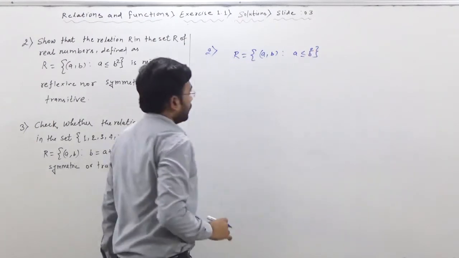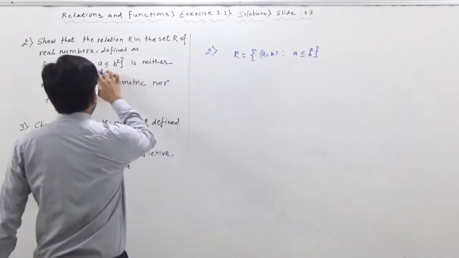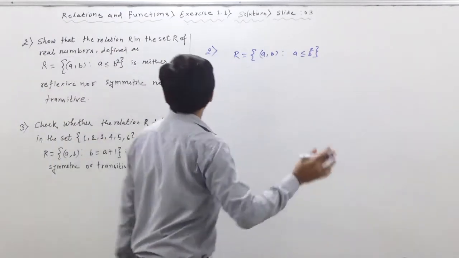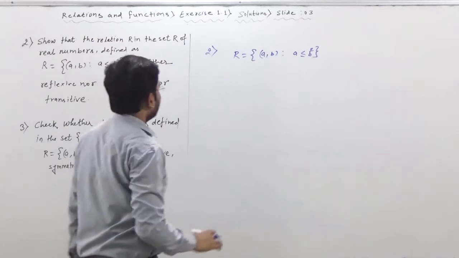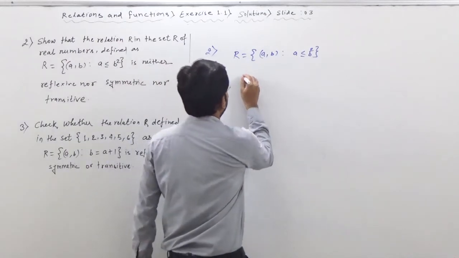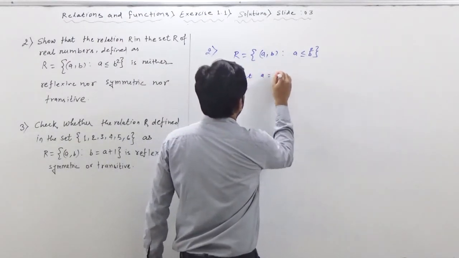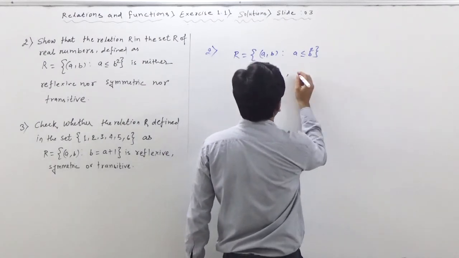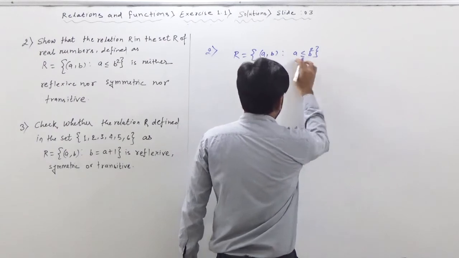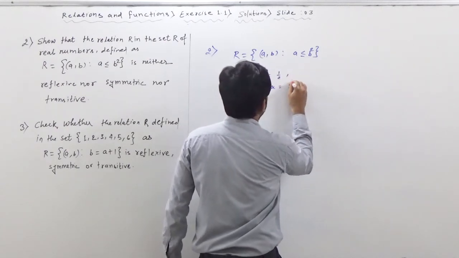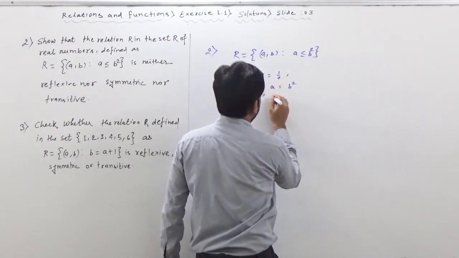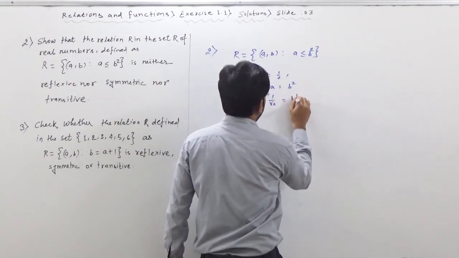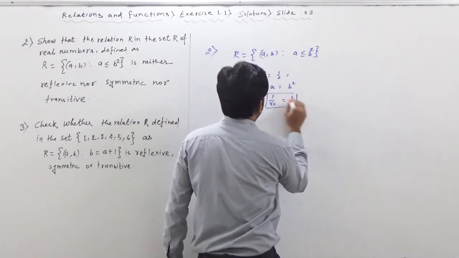Okay. Let's suppose here what is A and B? This A and B both are belonging to what? A real number. If it is a real number, so can we take let A is equal to 1 by 2 and of course what will be B in that case? If we are saying A is equal to B square, then also B will be what? 1 by under root 2. Okay, we will accept it B as 1 by root 2.